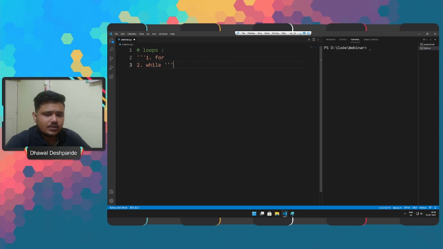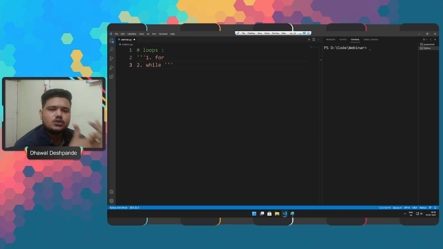So let's discuss the for loop. What exactly a for loop is, and what is the syntax for loop has in Python. A for loop is used for iterating over a sequence. So basically we will use a for loop while we are working with sequence or sequential data, correct?